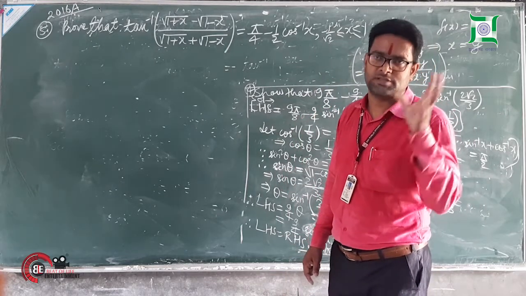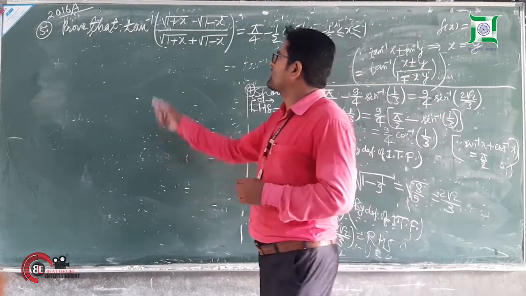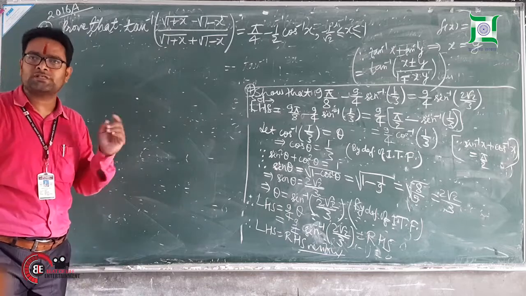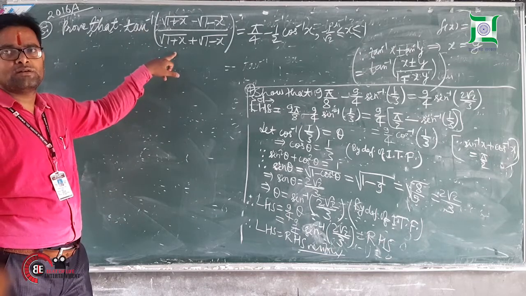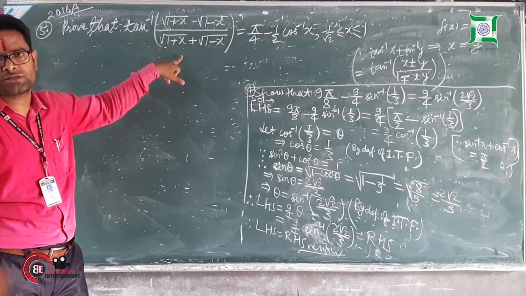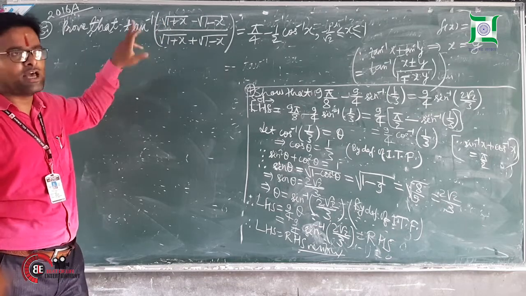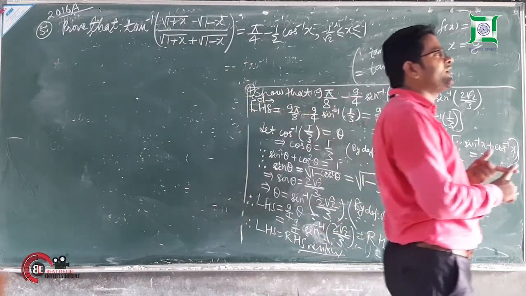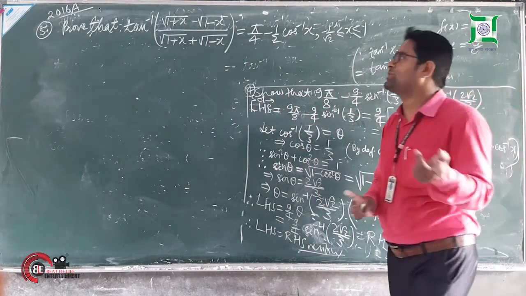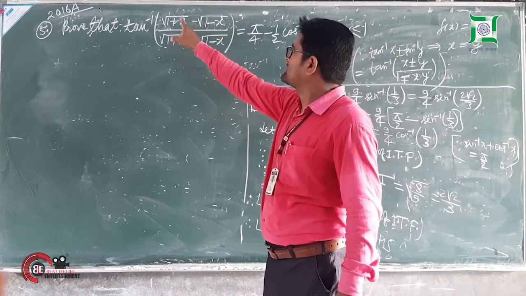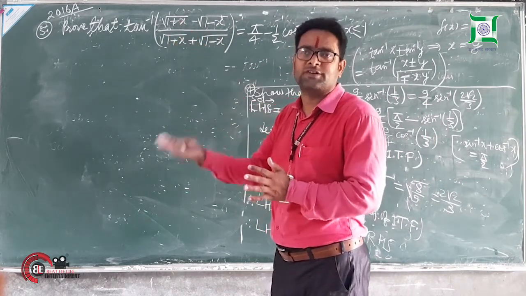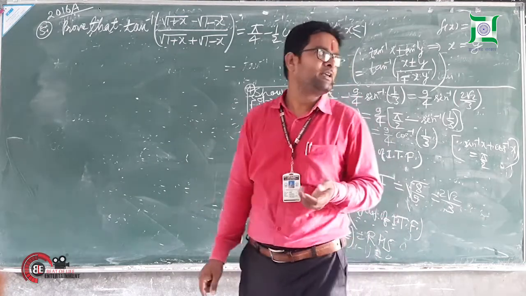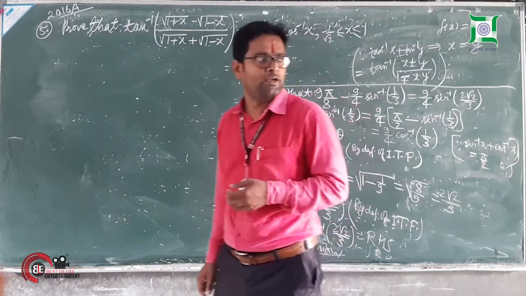Using simple trigonometric functions. See, if I convert the numerator and denominator of this function in terms of sine and cos, then it will make it tan. And you know, tan inverse tan x is equal to x. So what should be our target? Our target should be to make it the simplest one in terms of the tangent function of x. In this way, our work will be easier. So let us see what changes we can make here.